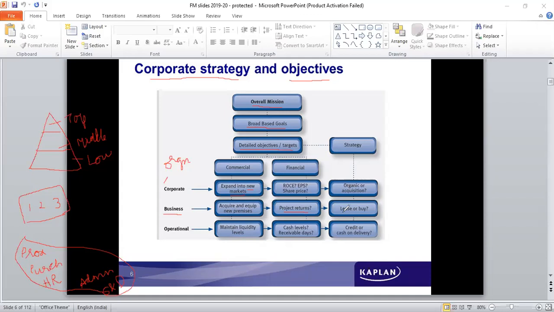So right now, the decision can be about buying the asset or acquiring the right to use the asset in the business, that is lease. Okay, so lease or buy. And then finally, at the operational level, the strategy will be about whether they should sell the goods on credit basis